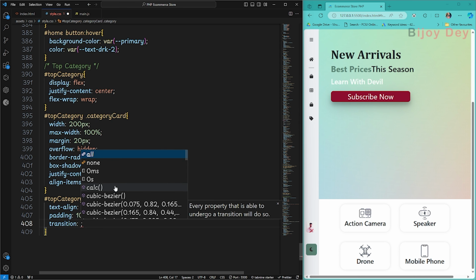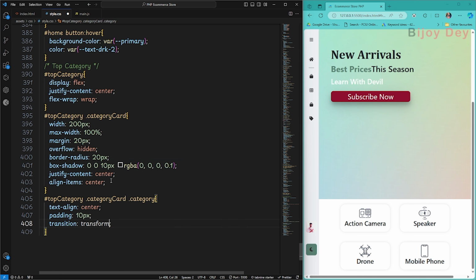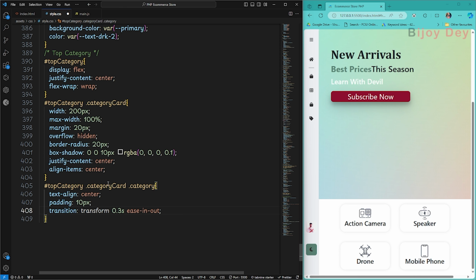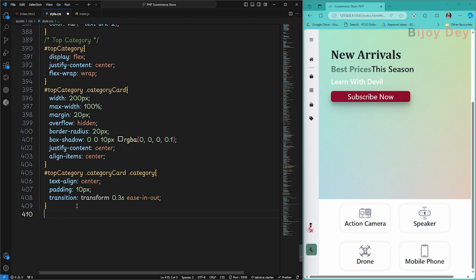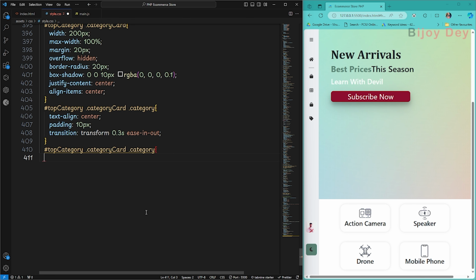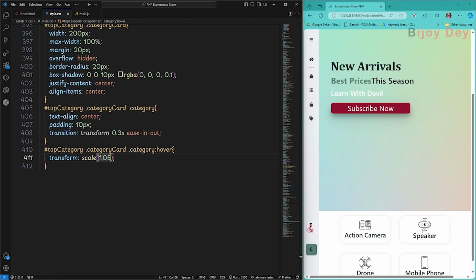Transition and transform 0.3s ease-in-out. Okay, now use it for hover, so copy and paste it here, and in this hover transform scale 1.05. Okay, now you can see it. Yeah,